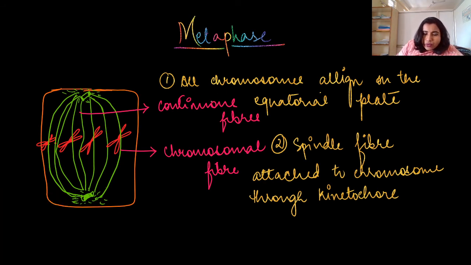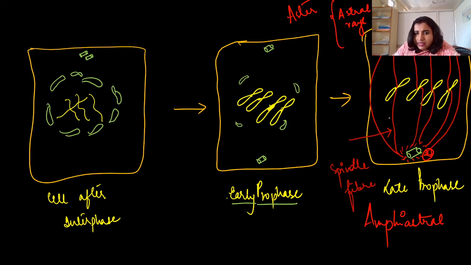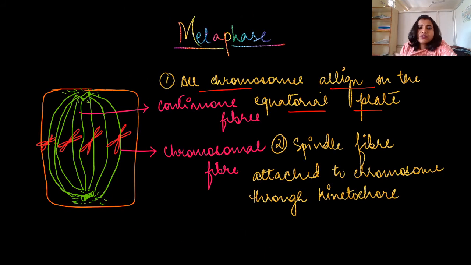So in metaphase, what will happen? See here, all chromosomes align on the equatorial plate. You can see these are the chromosomes, all in the same plate. Before this, they may not lie in the equatorial plate. Suppose one is here, one may lie a bit down, one may lie up. So this kind of thing may happen, which gets fixed in metaphase. In metaphase, all line up in the center, and this we call the equatorial plate.